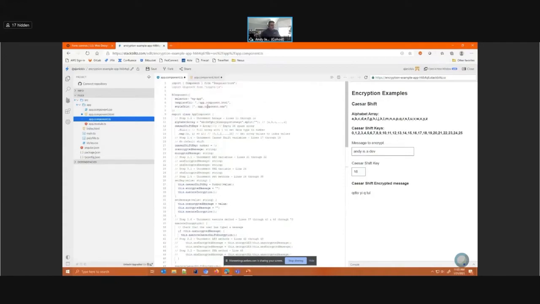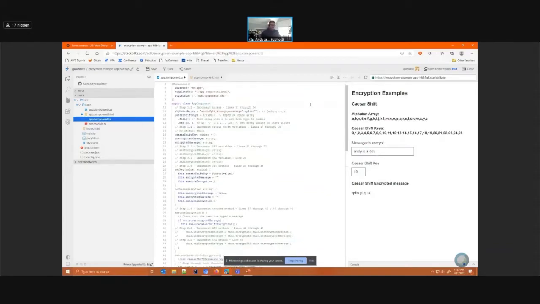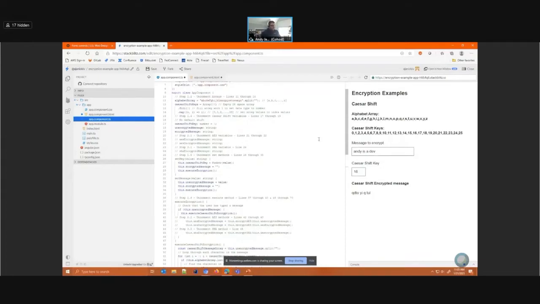Now you'll see that in my model file here, my TS file, I'm importing something called crypto.js. That's a library that has been built with all of those encryption standards in it, and it's easy to implement them. So we are going to implement AES. To implement AES, this is part 2. We're going to start here at step 2.1,